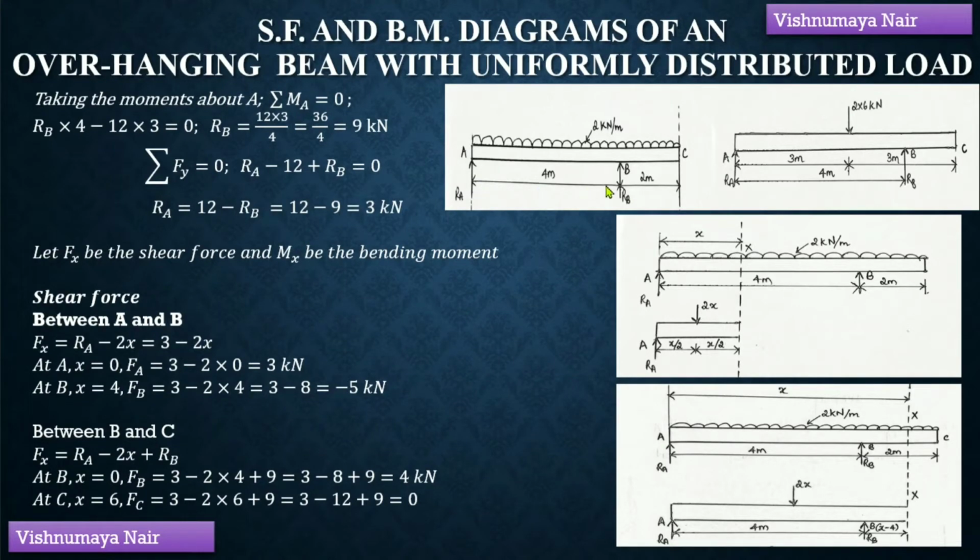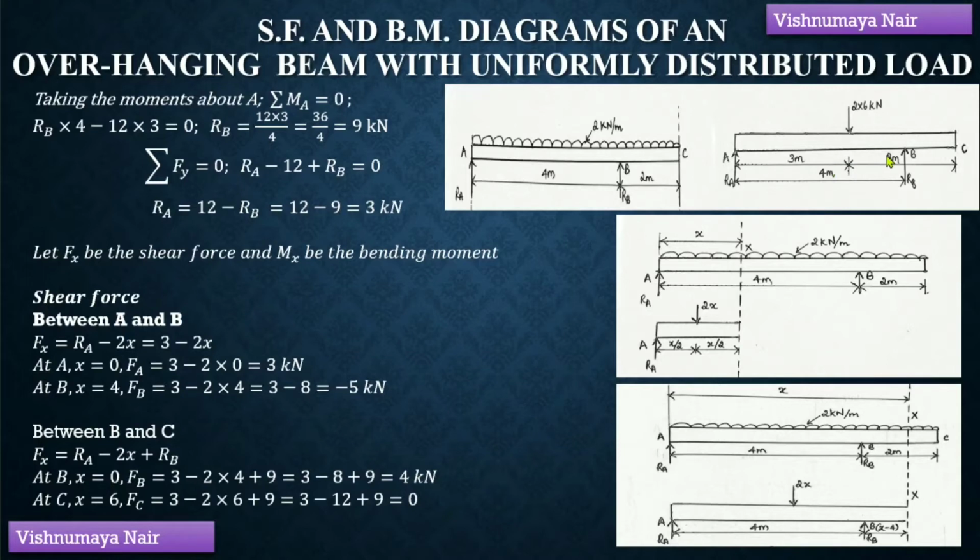In order to find out these reactions, we have to consider the moments about the end A. We know that the moment at this end A is equal to 0. So summation MA will be equal to 0. Let's now assume a section at this end A. Now we have this RB and this point load on the right portion of this section. So the resultant moment at this section due to these point loads will be RB into 4 minus 12 into